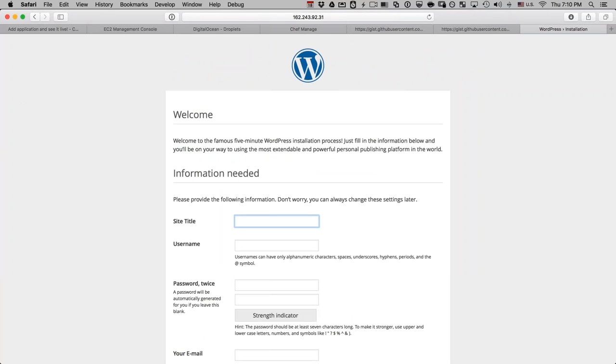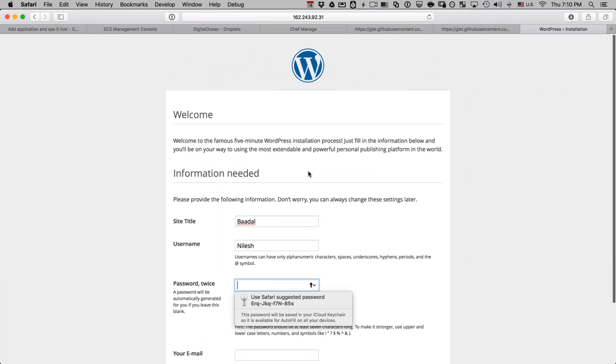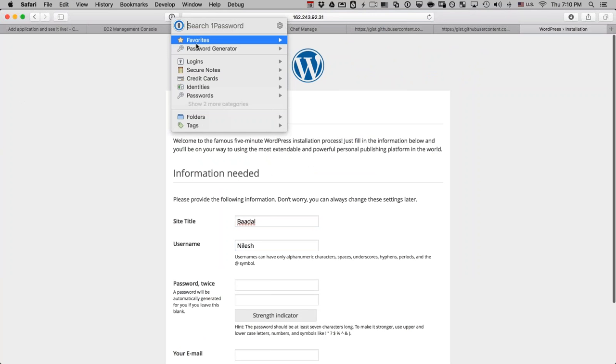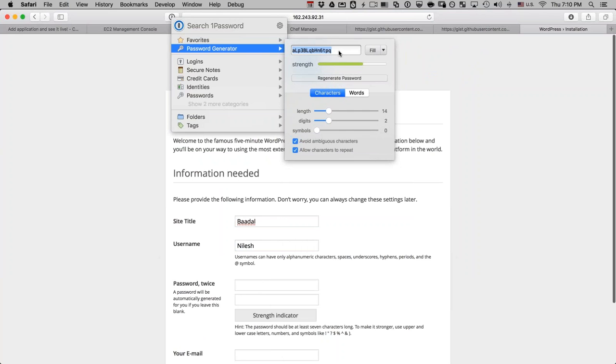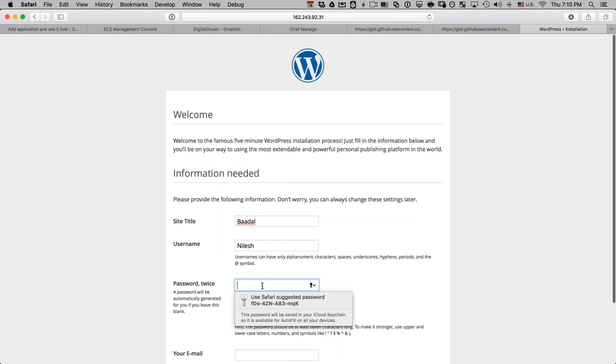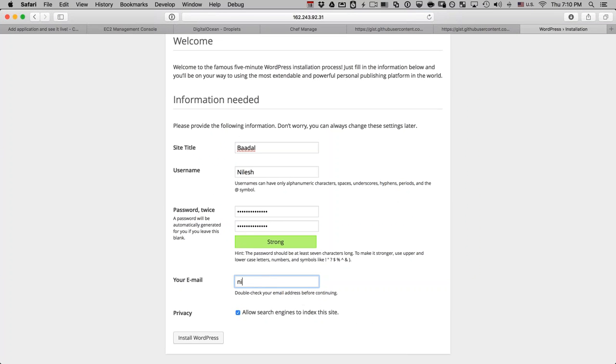And now here to choose the site title. We call it the cloud, or rather the Badal. How about that? Badal. Username happens to be Nilesh. Password is a very difficult one. I'm going to just choose whatever the password is. Actually, it's very difficult to choose. I'll generate a new password. Here we go, password generator. That's a good one. So copy. And I'm going to use this password twice. And it's a very strong password. I'm going to put my email address